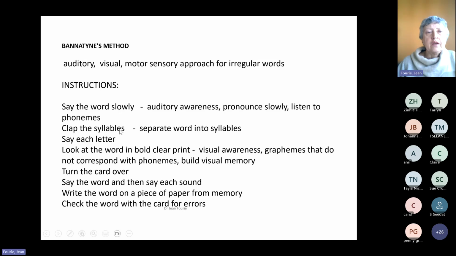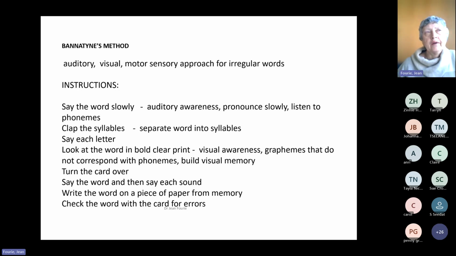We can then do the clapping, jumping, stamping, finding the syllables in a word. Clearly, knife is one syllable. And then you say each of the letters, but because these words are irregular, you also have to have a very clear